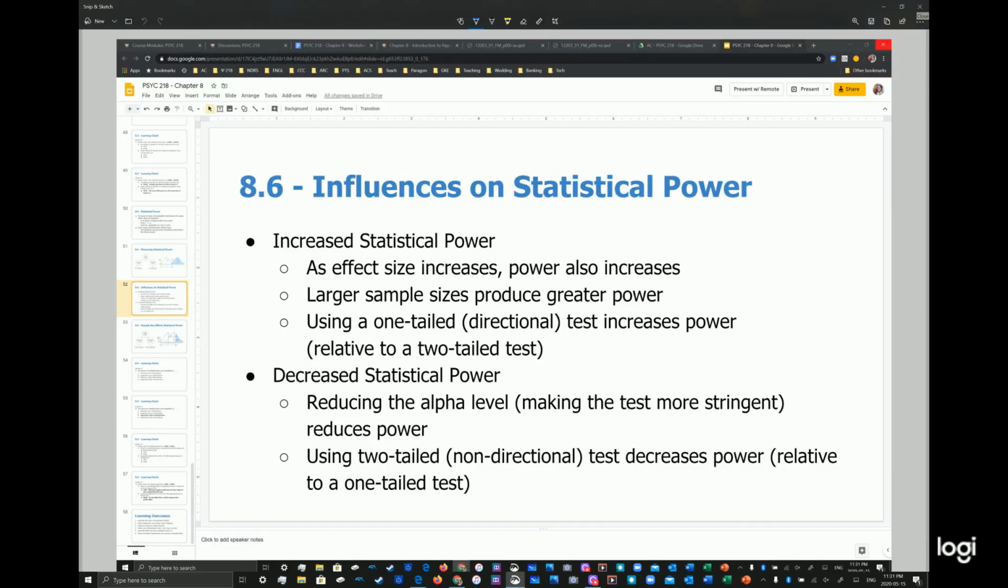So here it is in point form. Again, as the mean difference increases, that is effect size, power increases. Makes sense. As sample size increases, power also increases because the standard error is greatly reduced, and so the distributions, both the null and the alternative, are going to be taller and thinner, and therefore it would be more likely for the test to detect a difference. Furthermore, using a one-tailed test is also going to increase statistical power relative to a two-tailed test because